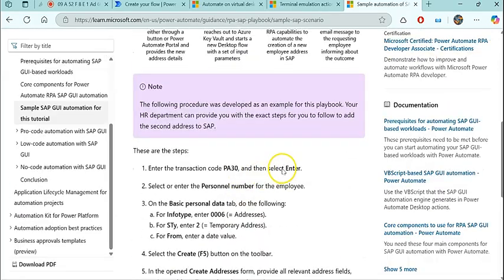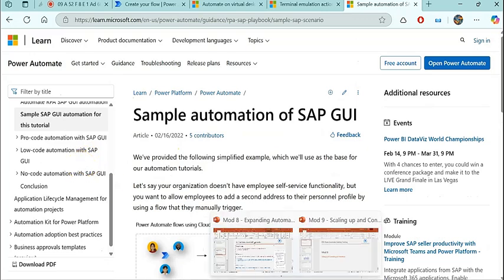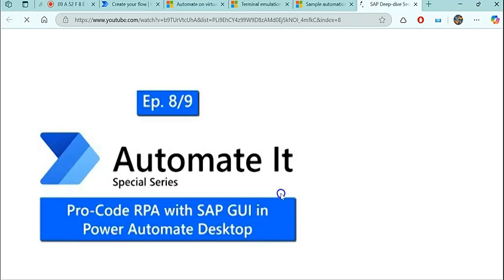So yeah, this requires exploring. And one good video tutorial series is given from Microsoft itself, and that's why I have posted it over here. There are multiple video sessions. They actually show it like a live demonstration on PAD. They will be building flows on the PAD editor against an SAP application. So that's a good